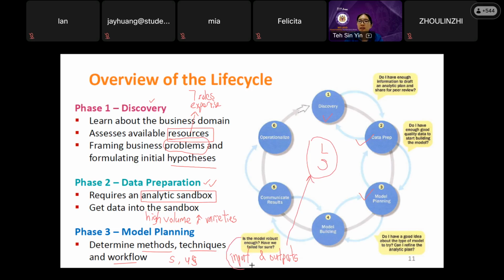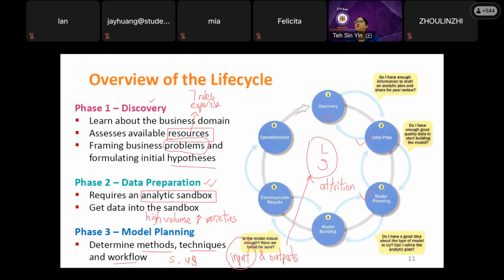Can you tell me in the chat box what is the potential input variable that will affect the attrition rate? Attrition rate means they resign and they leave the company.